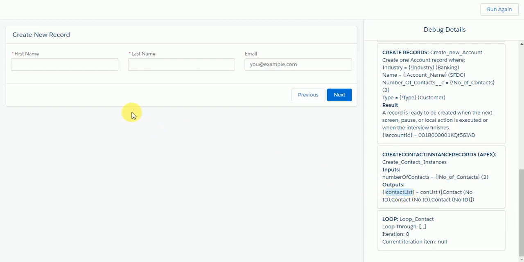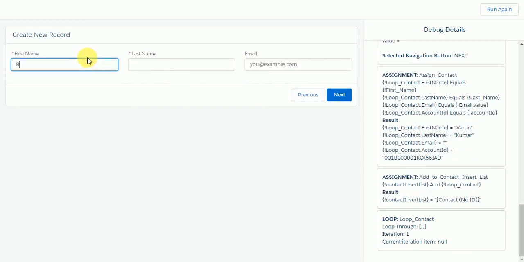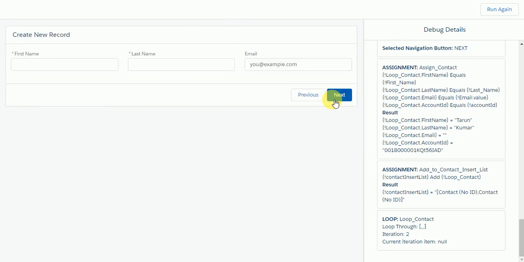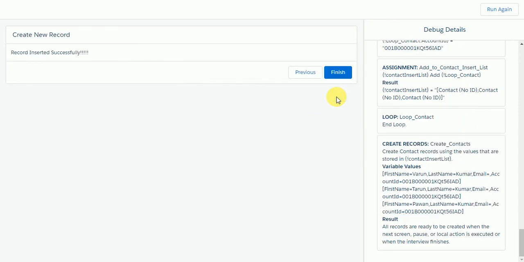So here I'm going to insert my first contact details. I'll just name this as Varun Kumar. So this is my first contact, and if I click on next here, this is my second contact. I'll just name this as Tarun Kumar, and this will ask for the third contact. As we selected number of contacts as 3, it will only ask for 3 contacts. So for the third contact, I'm gonna give some details like Pawan Kumar, and just click on next. So once we have given all the details, you can see a success message, record inserted successfully,